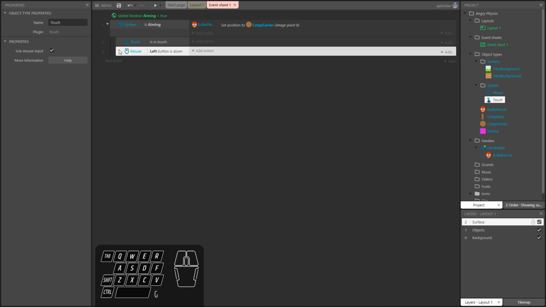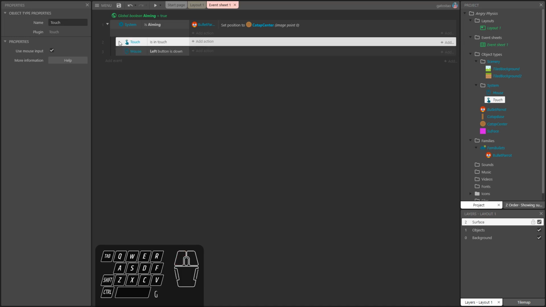Okay, but Construct has an option here. If you go to the Touch object, selecting it, you can see this option which says use mouse input. And what that does is that whenever you are on a touch device or over the web using a mouse and a keyboard,